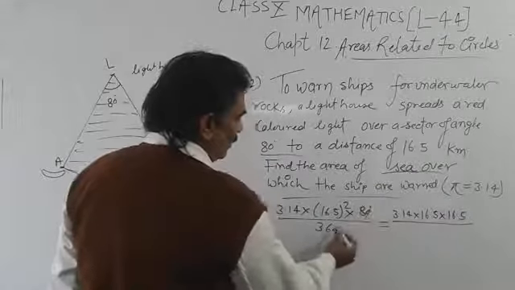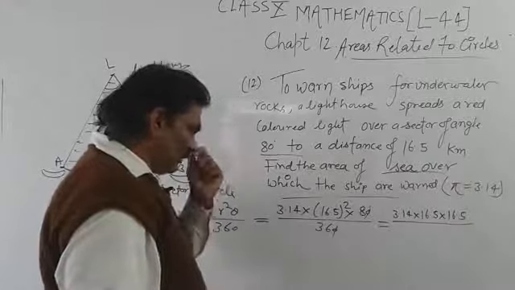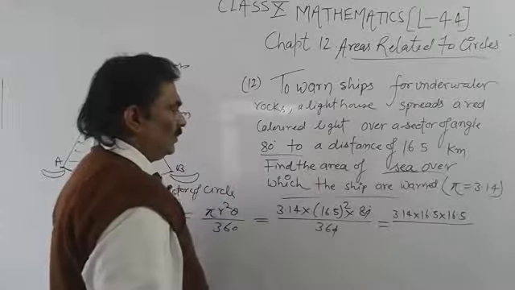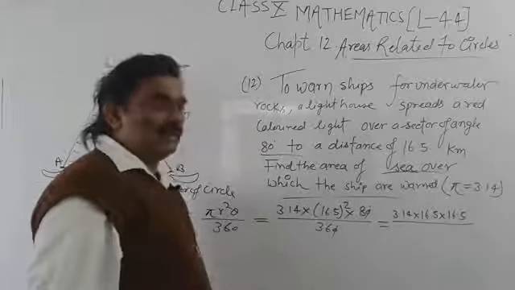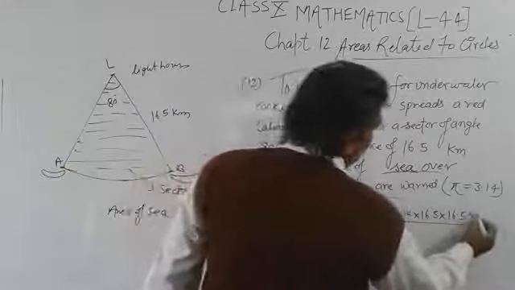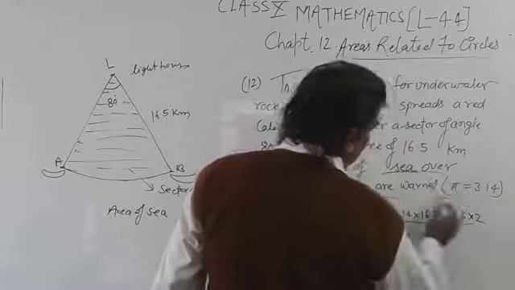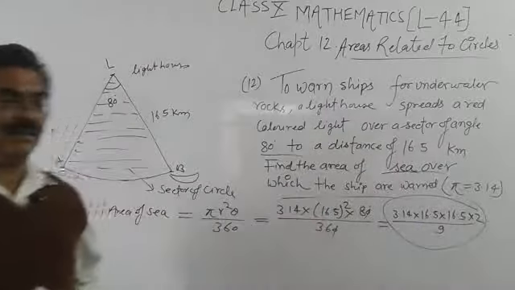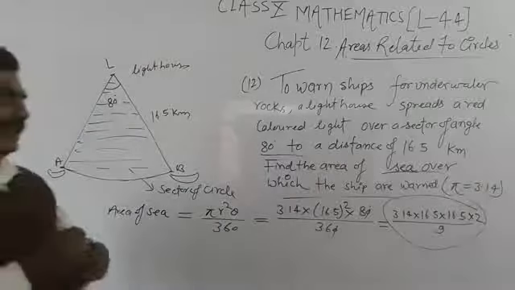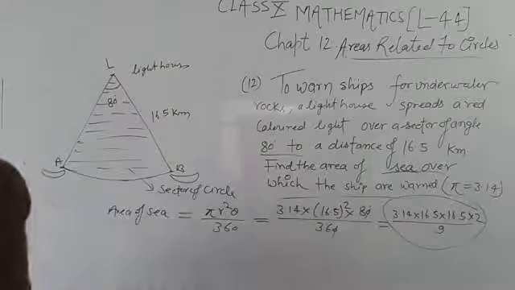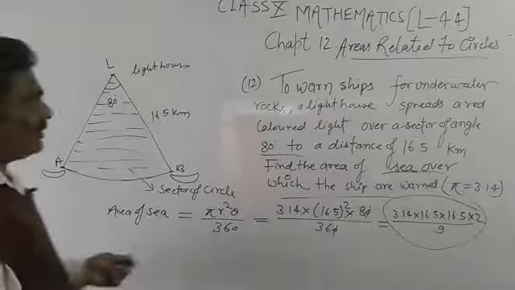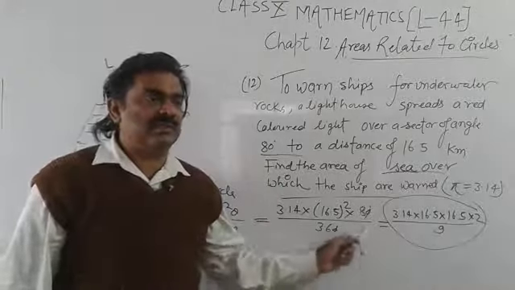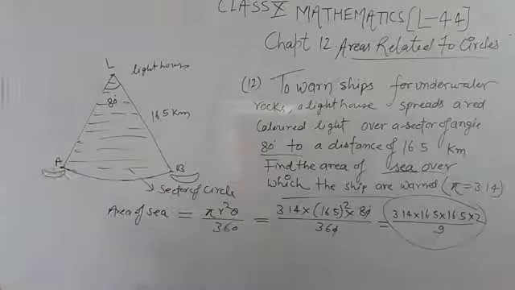0 0 cancel out, and 4 2s are 8, and 4 9s are 36. So it can be written as 2 upon 9, students. Now students, you have to solve it to find the answer. I hope you will do so. You have to solve this, and after solving you will get your answer. So students, we have finished question number 12, and this simplification is for you. Okay, pause it and write down.